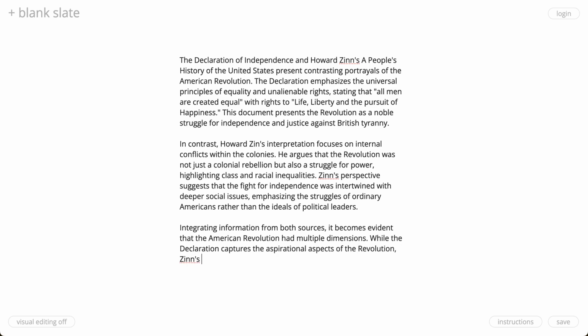Zinn's belief, or let's say analysis, I think would be a stronger word for writing, shows or reveals the complexities and underlying social tensions. Okay, I like this. I feel like I can add another sentence here. This comparison underscores the importance of examining historical people, places, let's say events